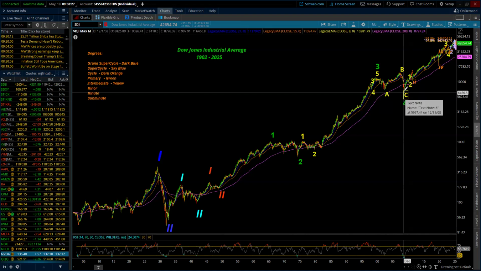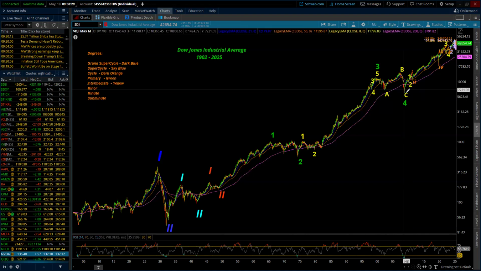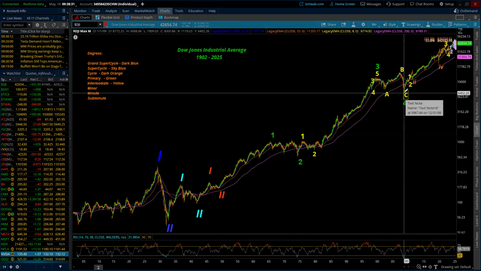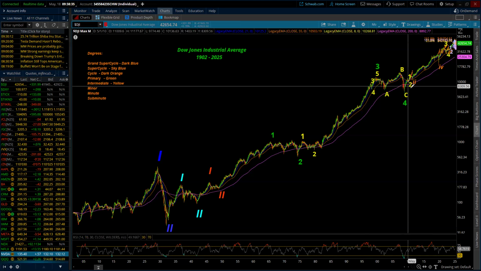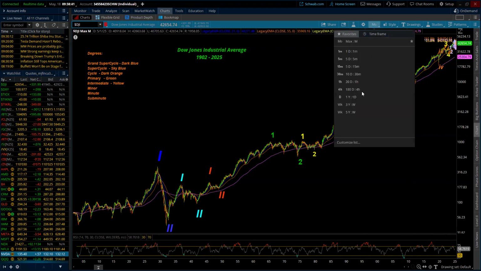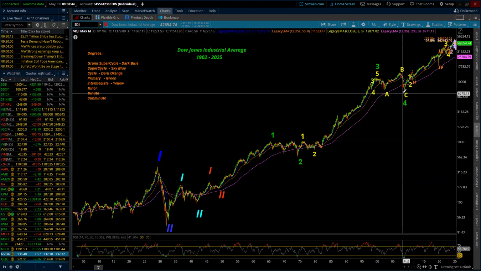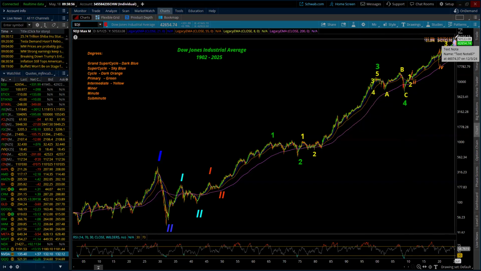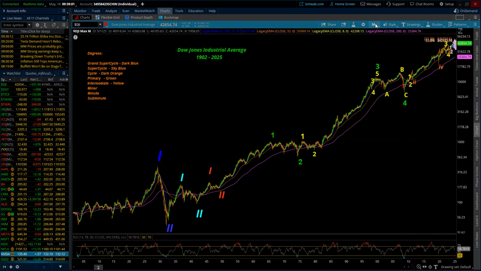And now look at where we are. So we're in primary wave 5. And within that, there are going to be 5 waves of intermediate degree, of which we have intermediate 1, 2, 3, and 4 complete. Now I can go down to my 5-year chart. So let me just say, primary wave 5 started in April of 2009. So primary wave 5 has been in the making for 16 years. Where are we inside there?